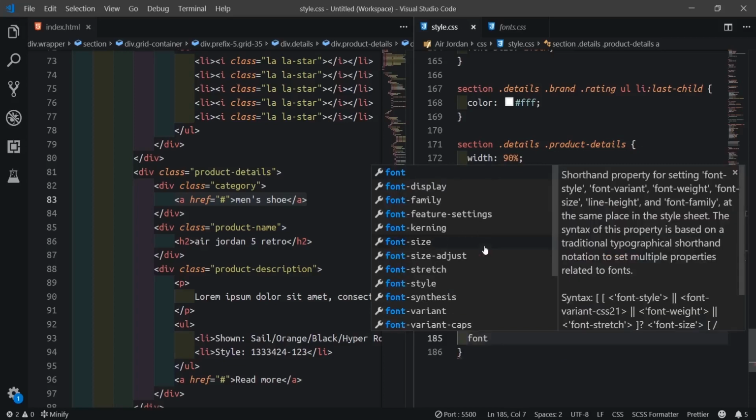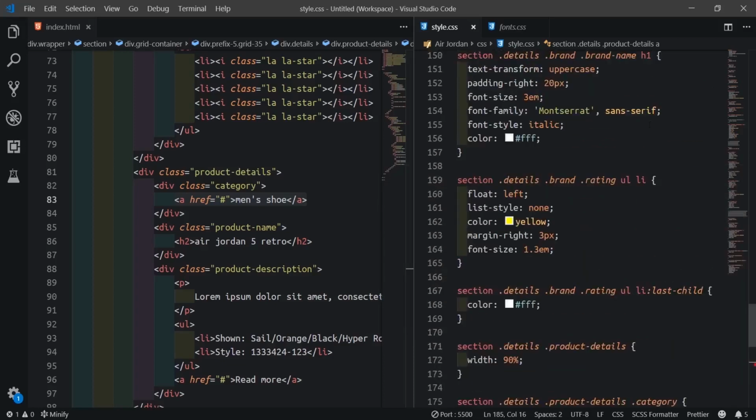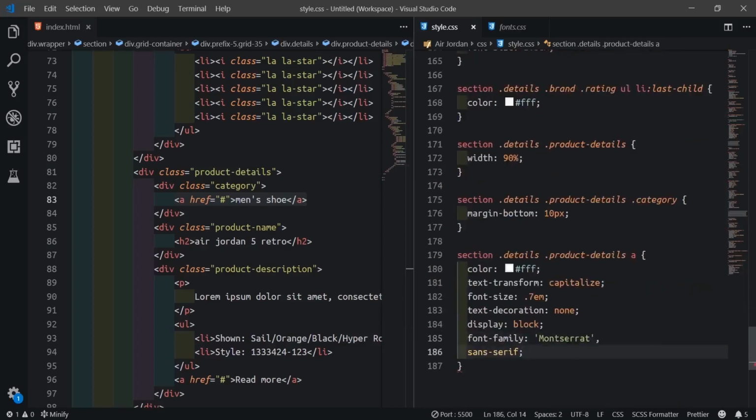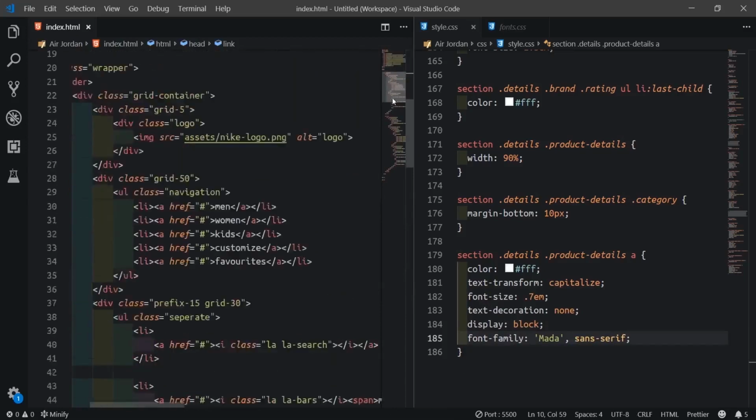So the font family, this time we'll not use Montserrat, we'll use Mada. So I might just copy them here, then change this to Mada. If you take notes, we actually imported Mada. We imported it, you see it?